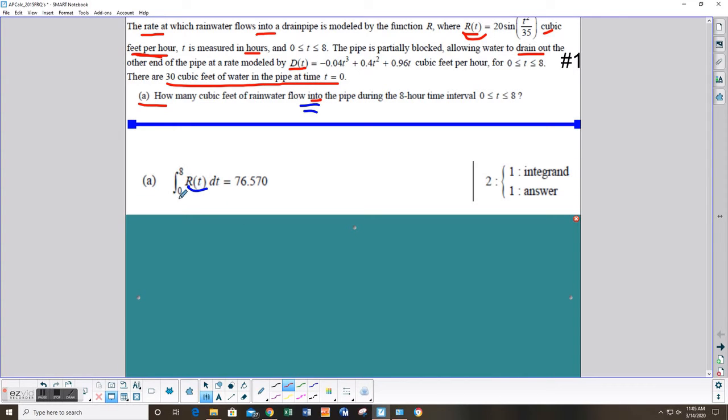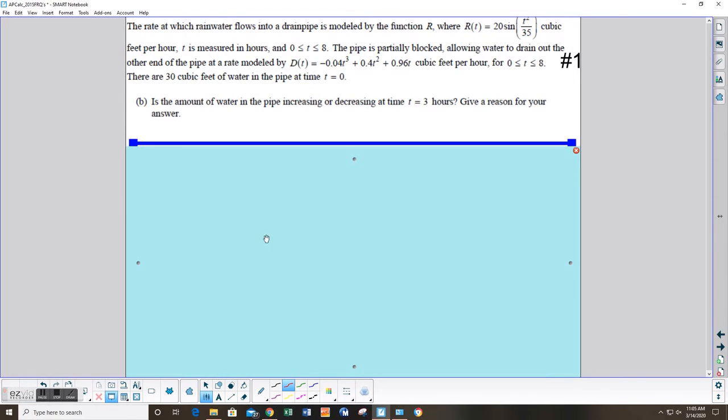So pretty simple part for number 1. All you have to do is set up that integral, from 0 to 8 because it's an 8 hour time frame, and then plug this in. I would probably put this into my calculator since it is a sine function. You do absolutely need to make sure your calculator is in radian mode, and just set up that integral right in your calculator, and probably I'd be typing in f1 of x here as I would have entered this into my calculator. And that should give you an answer of 76.570. As we move on to question B